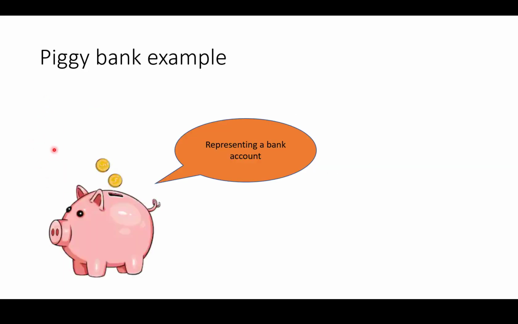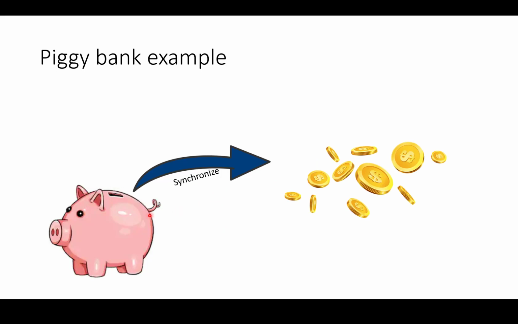We'll start out with a piggy bank example. I have my piggy bank, which obviously could represent a bank account, and you can take money out of the bank. If I have multiple threads that want to interact with the bank, obviously I need to synchronize this somehow. I'm modifying my bank, so we need to make sure that I'm not